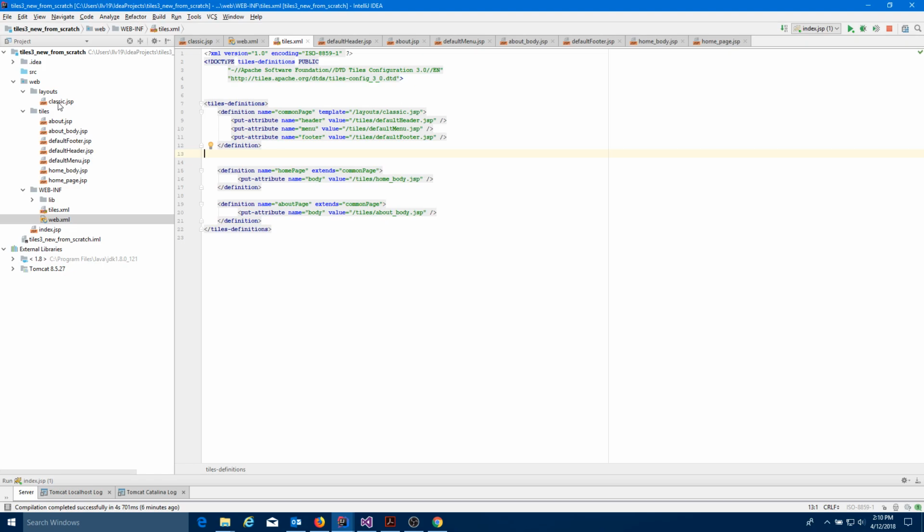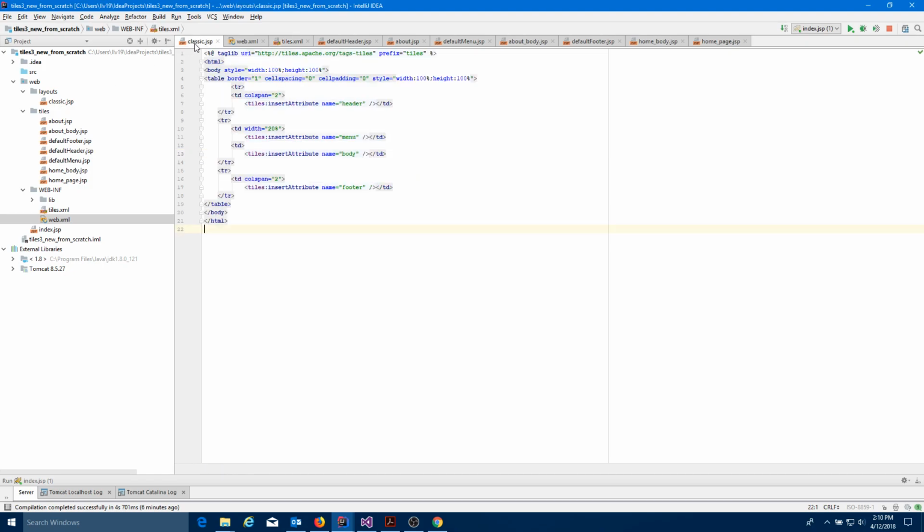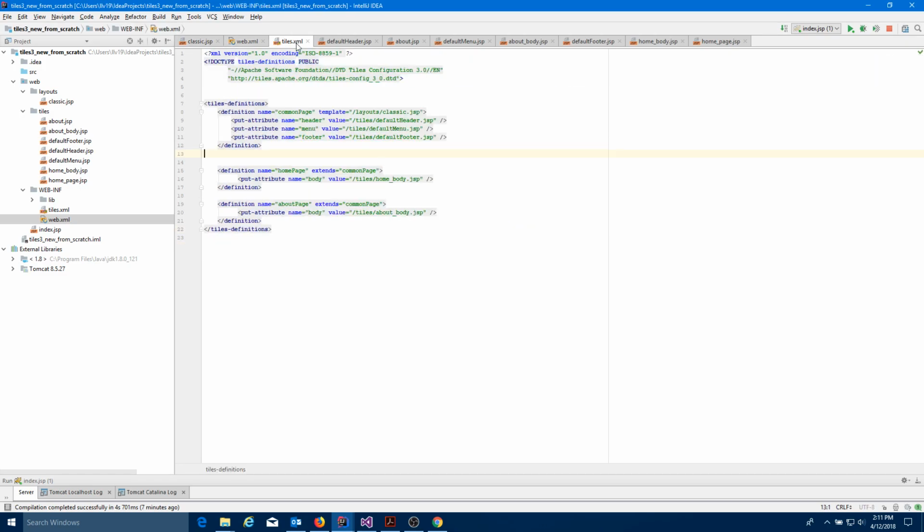And then in the classic templates, it's going to insert the attributes for the header, menu, body and footer, right? So if I go back here to the Tiles, I'll see that it inserts the attributes for the header, menu, and footer, right? By taking that content from the corresponding Tiles default footer, default menu, and header,